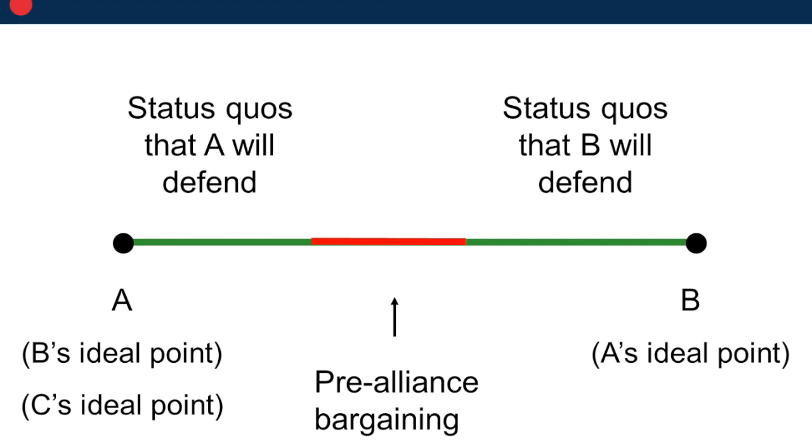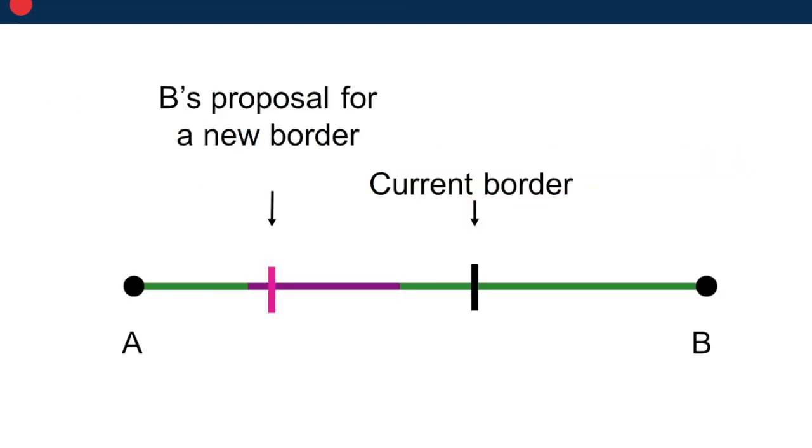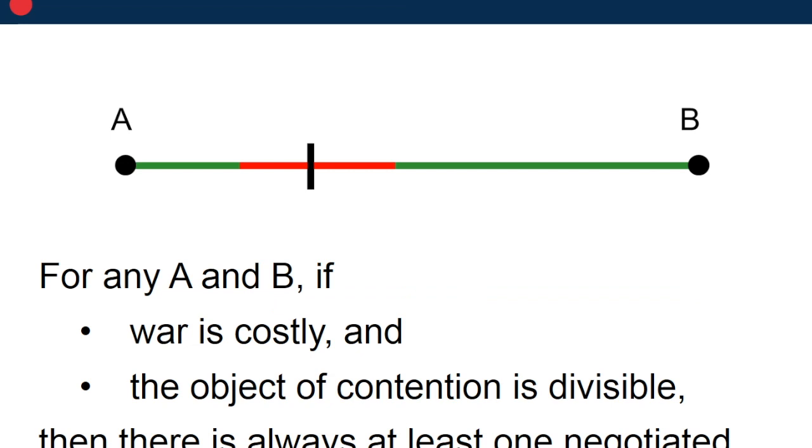A window of space that we can bargain from, okay? We're going to call this the bargaining range. Some window of choices that both sides would prefer rather than going to war. They would save both bodies, they would save farmland, and everybody would be far better off. Now, we see that if the new border is proposed right there, Castle B would receive a lot more land. But Castle A would also save the lost life, also the lost land that they would lose in fighting for their